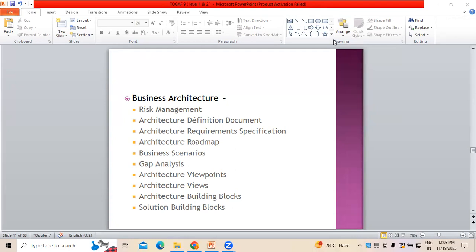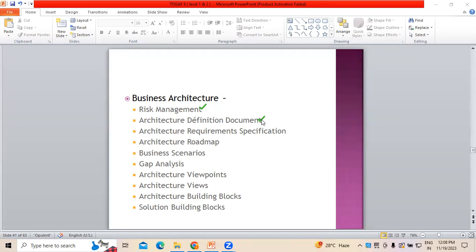In reference to the business architecture, the first thing we need to know about is risk management. Risk management focuses on risk measures, right? So measuring the risk, performance, scalability, all these things come under risk management. At the same time, we need to define and prepare a document called the architectural definition document, which majorly focuses on architectural definitions, whatever definitions of architectures are to be prepared. Like the other documentation we prepare, the architectural definition document is one of the key and prominent elements which we have to develop.